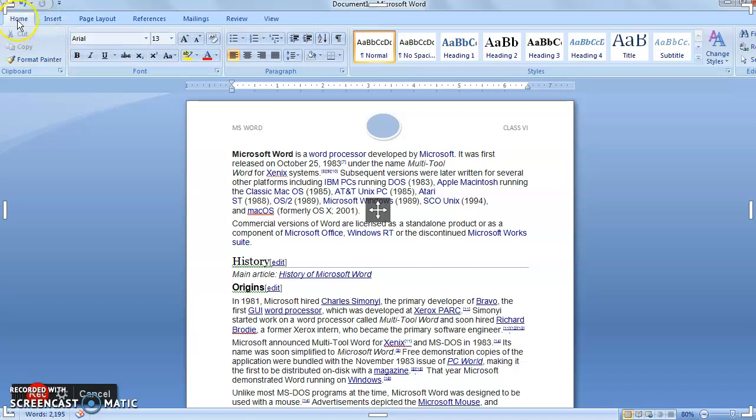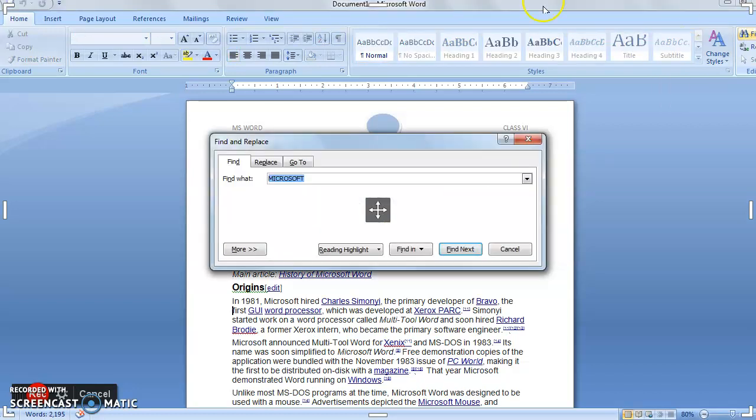So what I will do in this Home tab is go towards the extreme right side. You will search for the option Find, and the shortcut for this option is Control plus F. If you click on Control plus F, you will get to know this. Now I have already highlighted the word, that is why Microsoft Word is coming here. So Find what? Which word you have to find? You have to insert it in the Find what dialog box, and then you will see this Replace option. You'll click on the Replace option, and write the word by which you want to replace Microsoft Word in the Replace with box, and then you will click on Replace All.